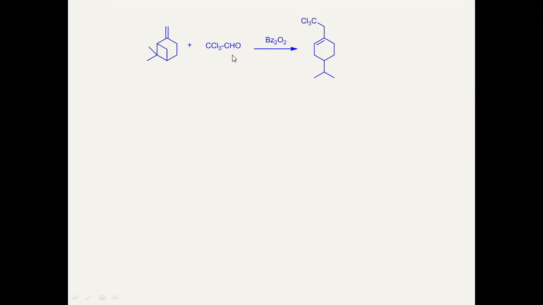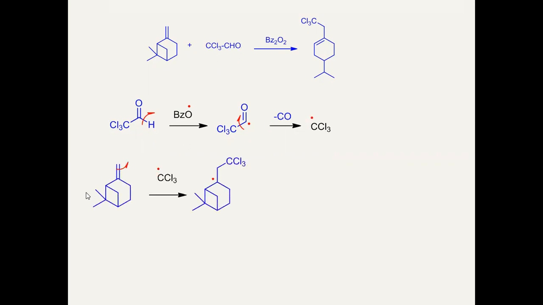Very interesting. Remember, whenever we have a CHO group, there is a breakage of the carbon-hydrogen bond. Always remember. So see, there is a breakage of the C-H bond by this radical, and minus carbon monoxide. This step you have to memorize. Always remember, this generates the trichloromethane free radical. Remember, trichloromethane free radical generation from this. This trichloromethane free radical would attack this double bond, and there is a generation of one more stable radical at the tertiary carbon.